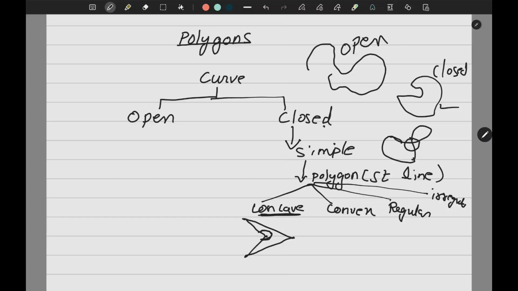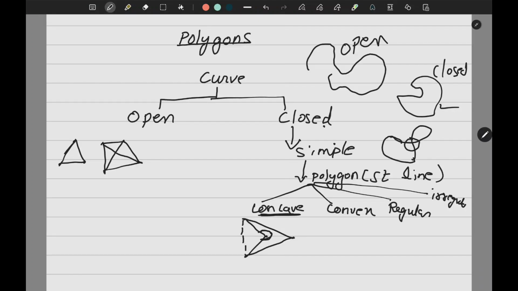Second, if you draw the diagonals. For any polygon, like this is also a polygon, and this is also a polygon, if you draw the diagonals, all the diagonals are coming inside. But in the case of concave, at least one diagonal will go outside. For example, here, see, this is a diagonal which is going outside. So that is the best way to check whether it is a concave or convex polygon. Draw all the diagonals. If one or more diagonals are going out, it means it is concave. The convex polygon is one where each angle is less than 180 and all the diagonals are within the polygon.